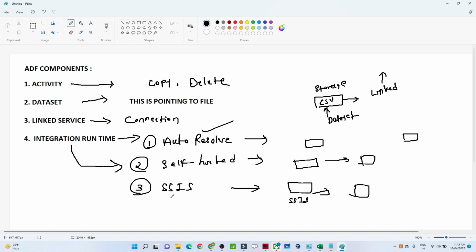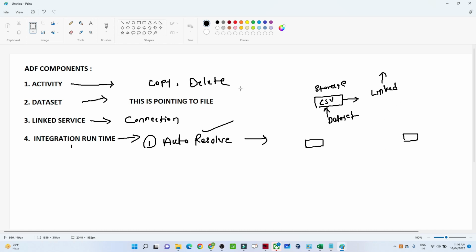Okay, now let us try to understand with the architecture diagram so that we learn about this activity, dataset, linked service and the integration runtime, and how actually we will create our pipeline. So let us try to understand with the diagram. How actually the thing works, let me give you one example. So generally what happens,